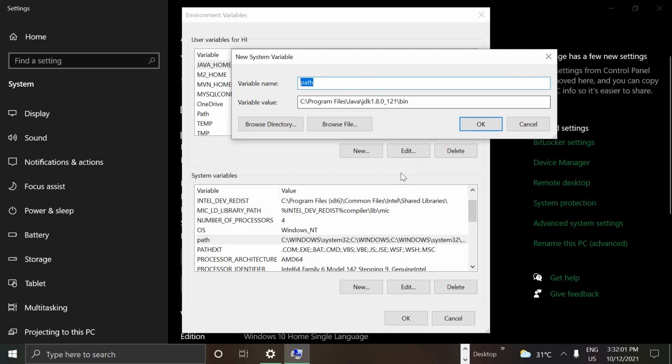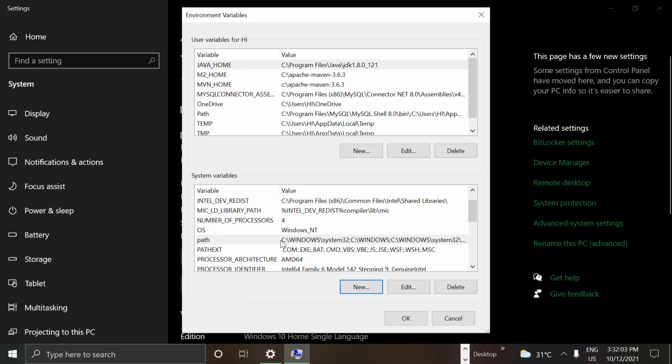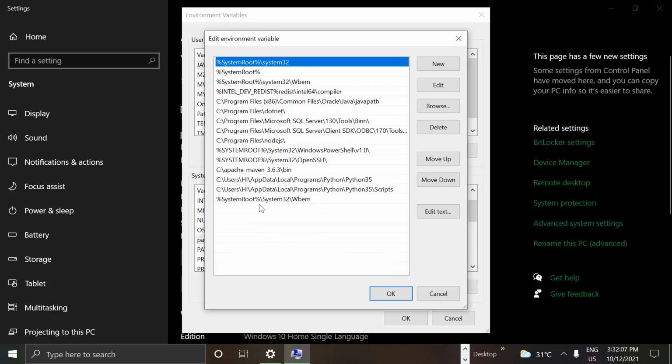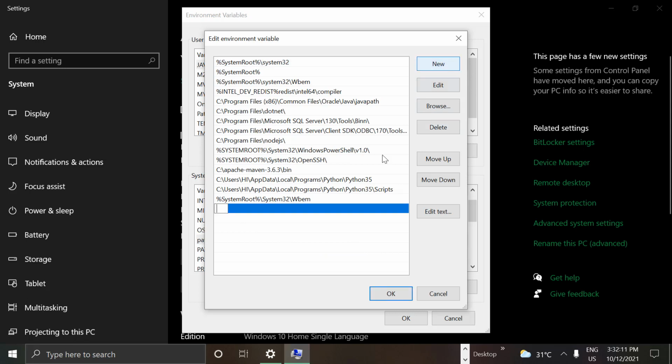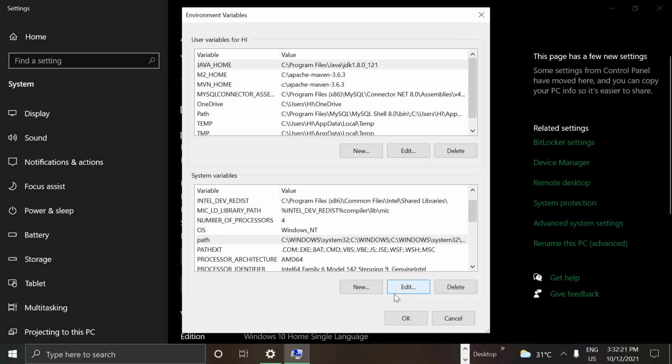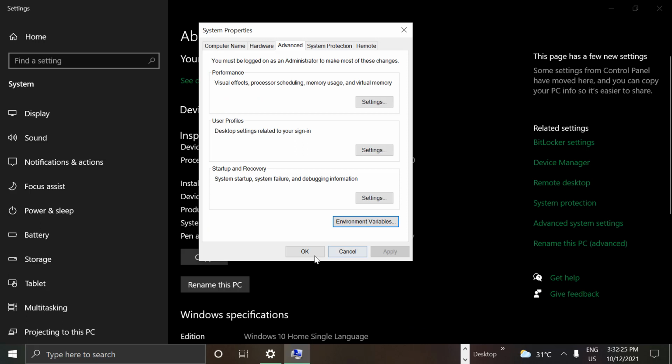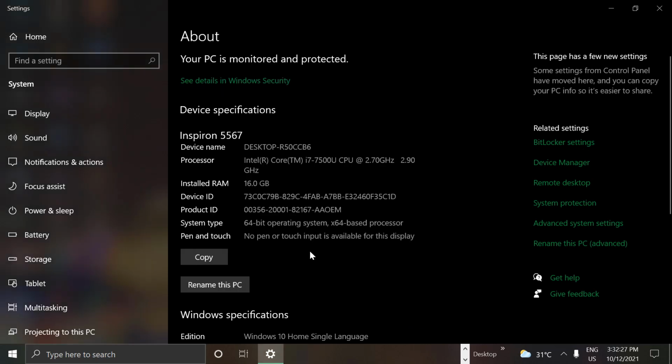Okay, yeah, so no boss, it is there in my system. What to do means just click on this, click on edit. Previously I deleted the last entry here, but now I'm going to click on new because I want to add a new entry, and then Control V, paste it. So you got this path, C drive, program files, Java, JDK, everything. Okay, just click on OK. So this path is saved now. Click on OK again, second time, third time also click OK.